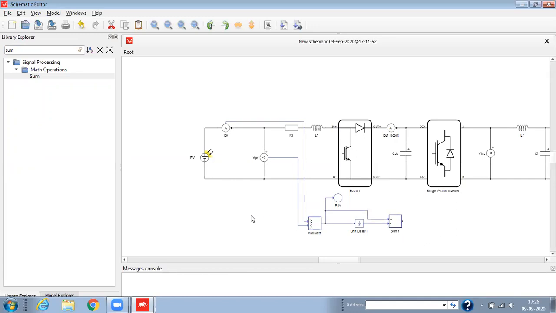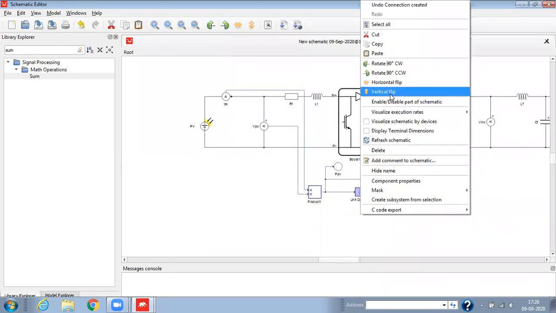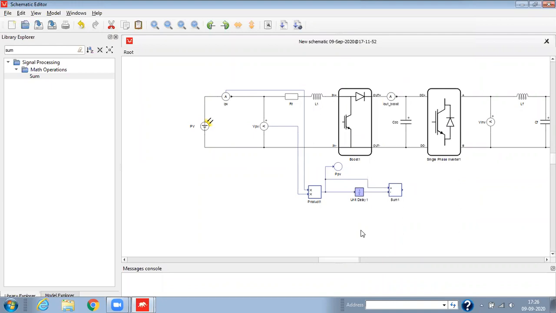power. Similarly, we want to observe the change in voltage, so we require one unit delay. We can copy this component and paste it here, or we can use Control C and Control V. So we can copy this sum block as well.